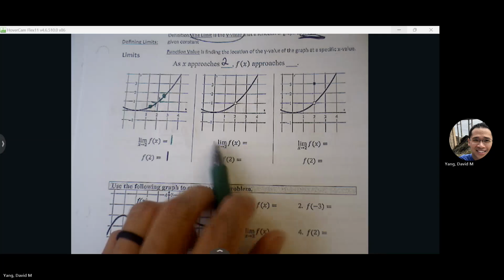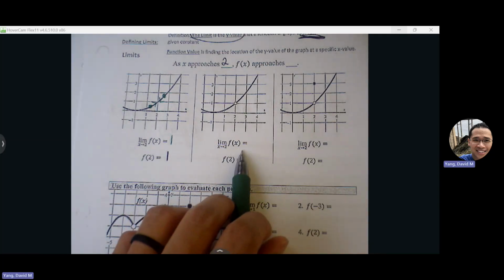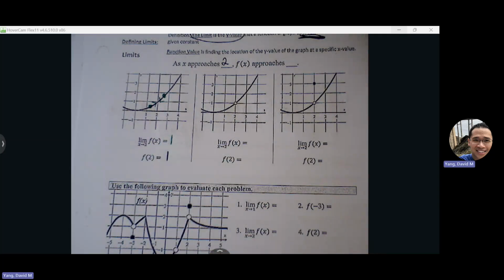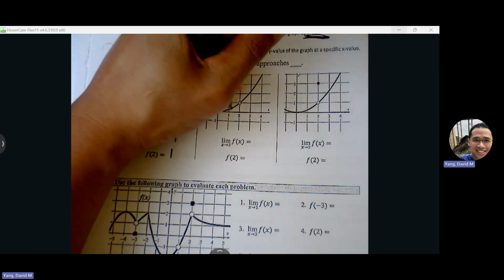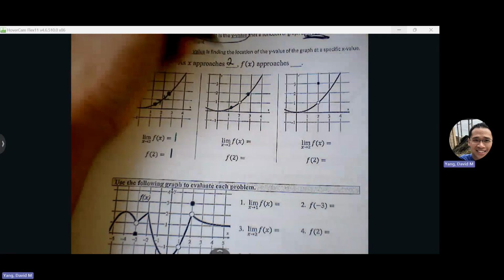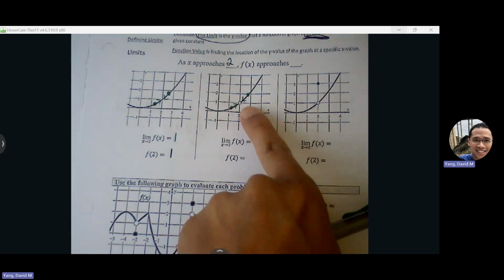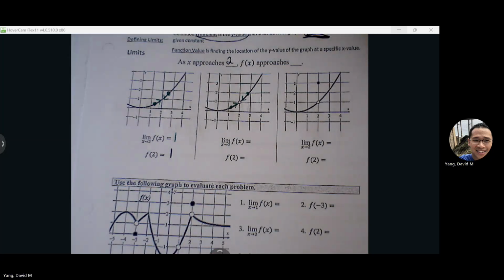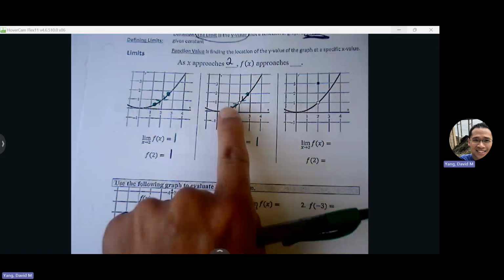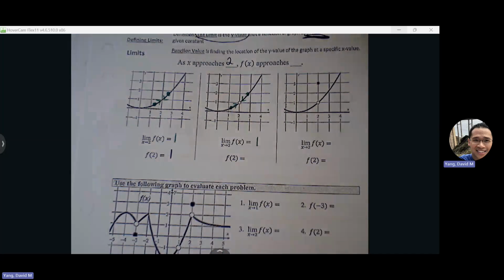So here, same notation. Limit as x approaches 2 of f of x. Again, we're approaching the x value of 2. Pick points on either side of 2, and then draw an arrow towards 2 from each of those starting points. Are the 2 arrows moving towards the same y value? They're both moving towards what? Also 1. Even though the point doesn't exist, the arrows are consistent. If the arrows are consistent, it doesn't matter what's happening at that point. You go with what the arrows are telling you.